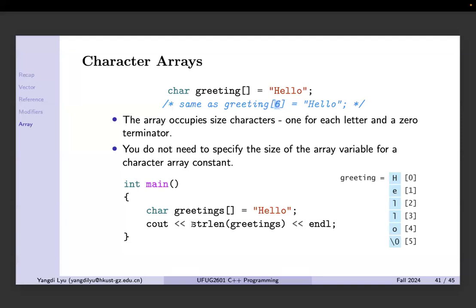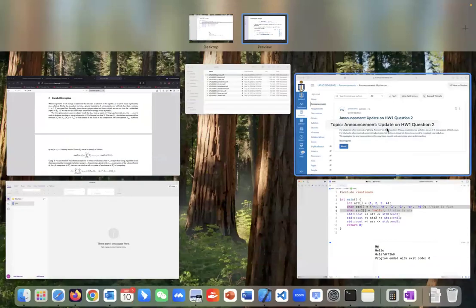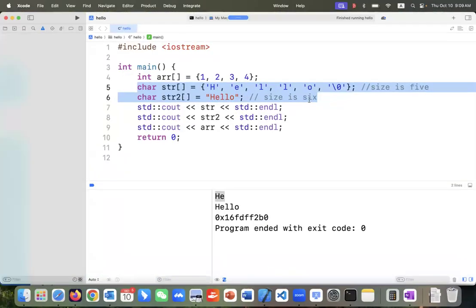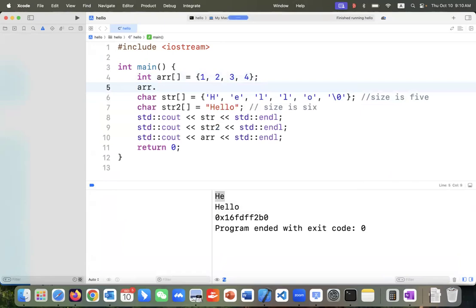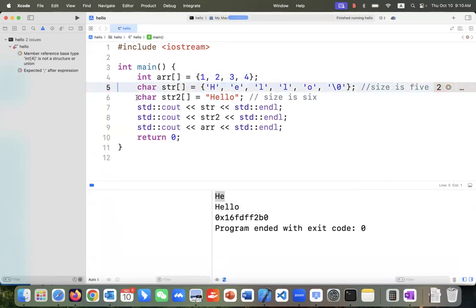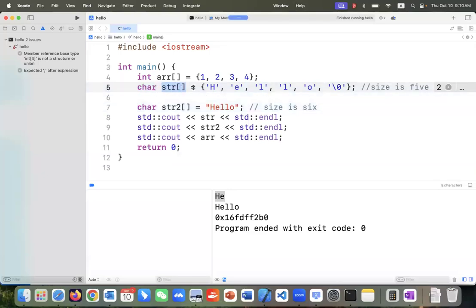And also we have a specific function to compute the length of an array. We said the reason we prefer vector is because vector can call dot size, right? So for this ARR, we cannot get the size, right? We cannot get size like this. For an integer array, we cannot get the size. But for a string